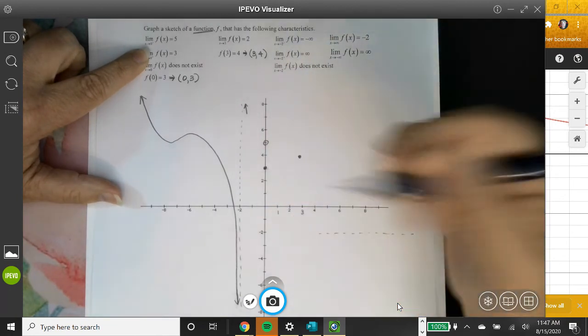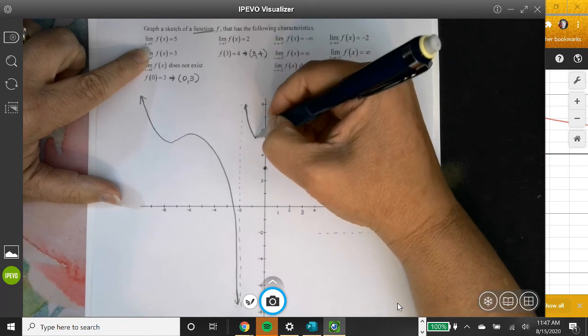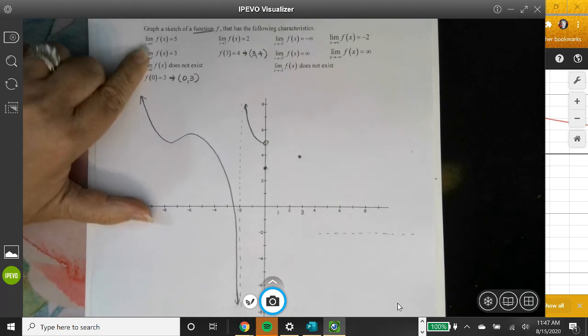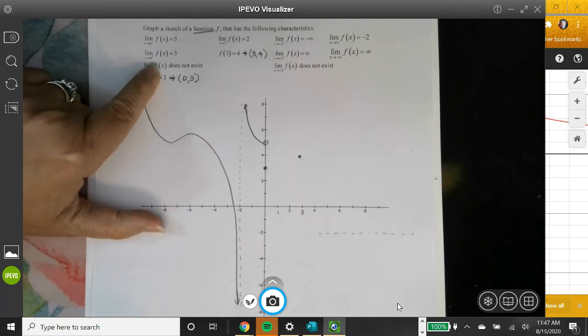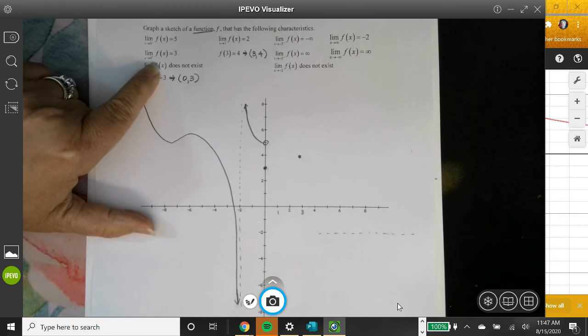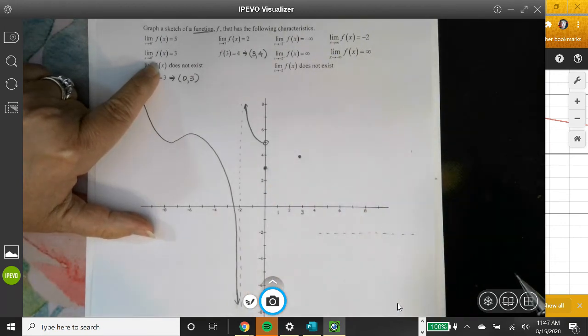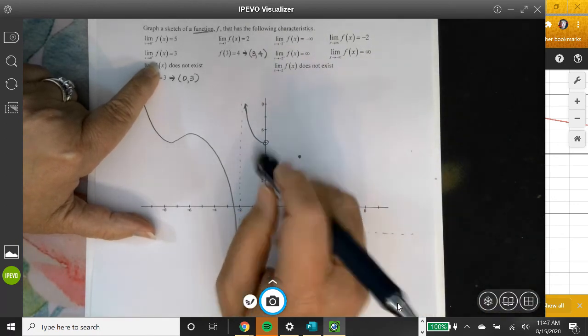And I have nothing else going in between, so I think I can just draw me approaching 5 from the left side there. And then from the right side, my function has to approach 3. Well, I'm already at 3. So I think I'm coming out of here somewhere. I don't know where I'm going yet, but